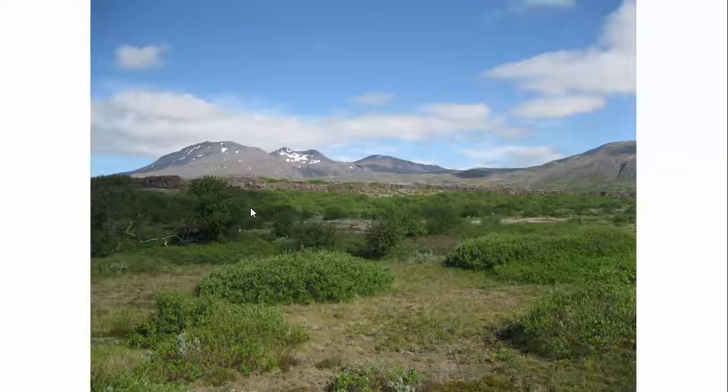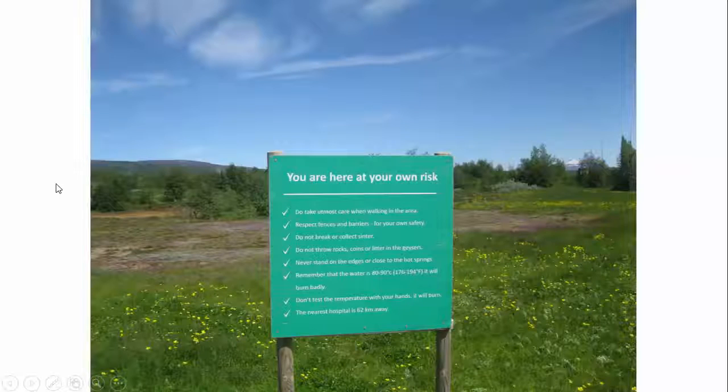This first one is from a national park called Thingvellir, and this is the big rift valley here. You can see the rift valley as this country is literally being torn apart. I thought this was really interesting. And the next,